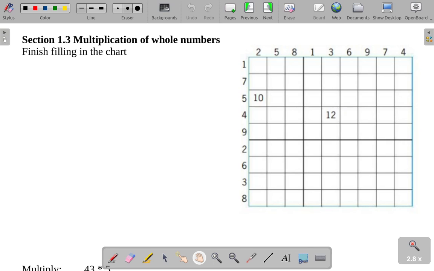Alright, as far as multiplication is concerned, we're on section 1.3 now. I do think it is helpful to learn your basic multiplication table. You can see this is just one example of a multiplication table that I pulled from the book. How this would work is, to fill this out, you'd say, well, 1 times 2 is 2, 7 times